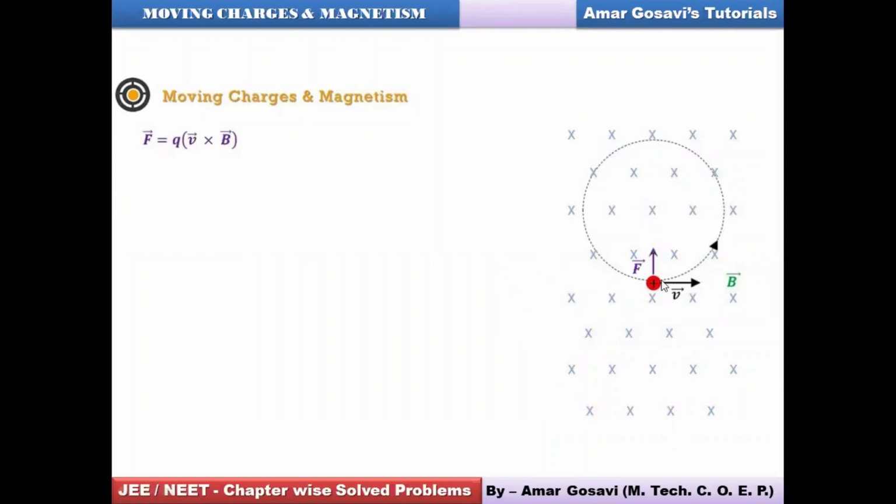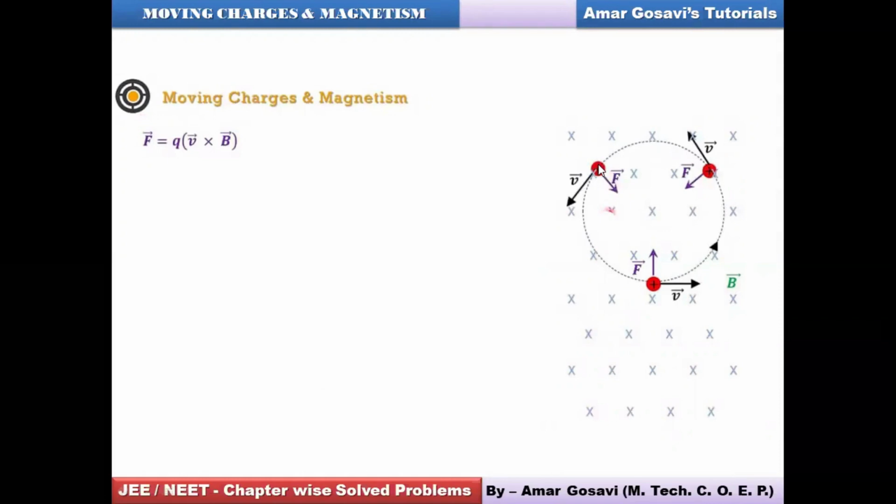Now the same direction of the force can be estimated at different points. So here you can see the direction of force comes along the radius towards the center. Same thing is being repeated at this point also. Now, how do you get the direction of forces? Just now I have explained you with the help of Fleming's left hand rule. So you can see what type of motion is being created when a positively charged particle is moving in a magnetic field. So it's obvious a circular motion is being created.